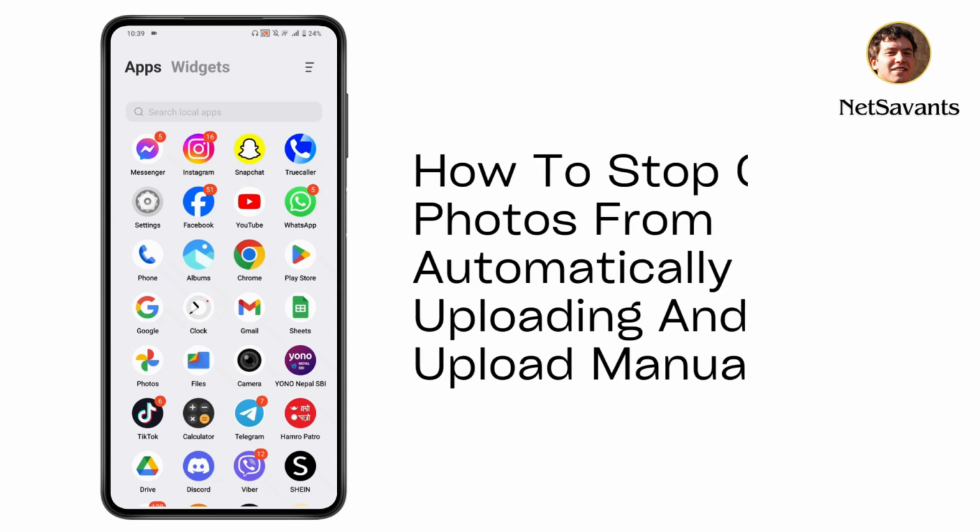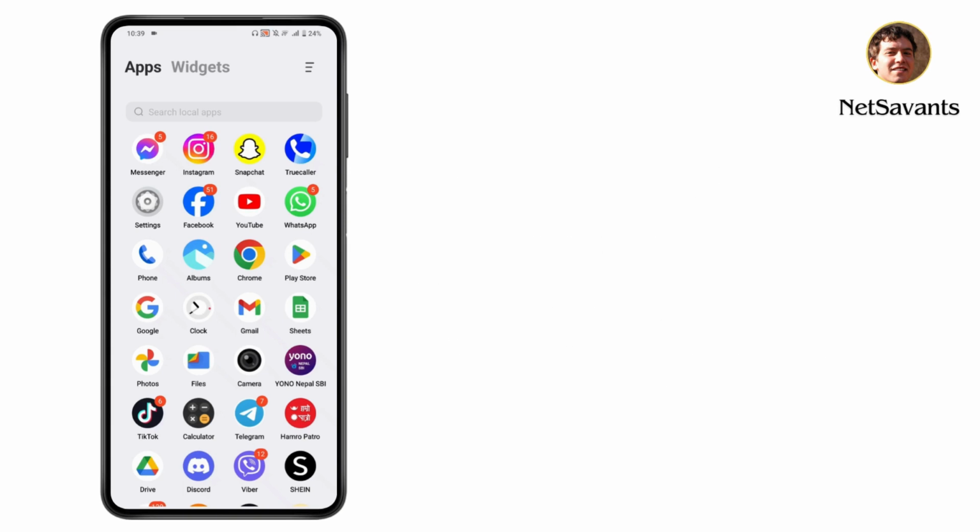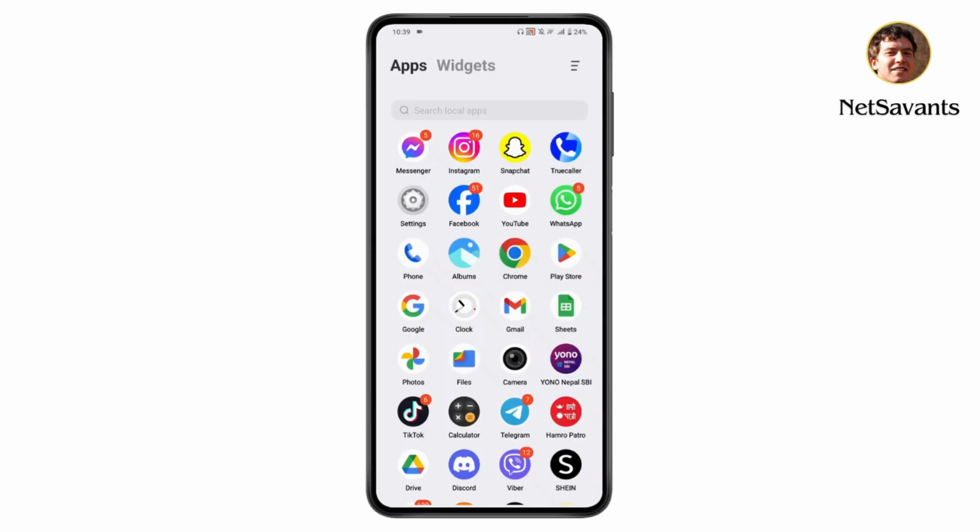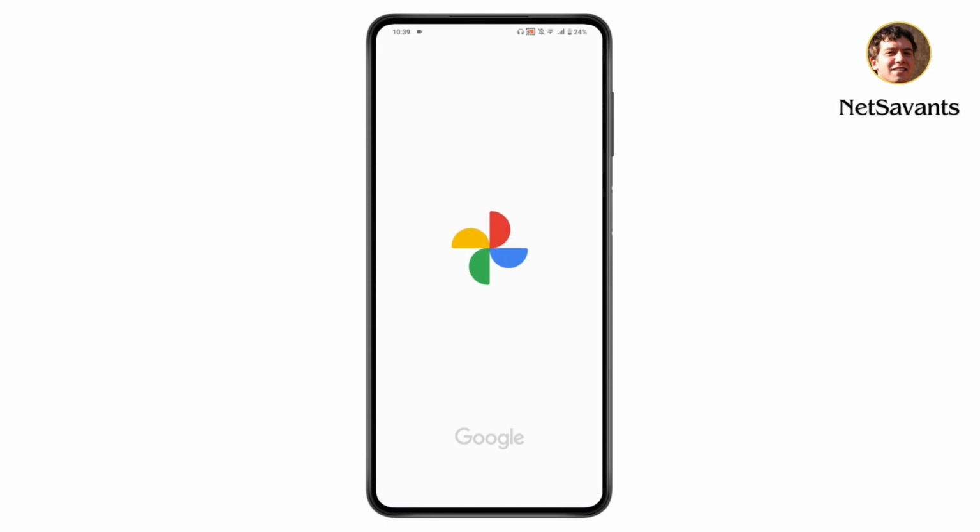How to stop Google Photos from automatically uploading and upload manually. So if you want to stop Google Photos from automatically uploading, then first open up your Google Photos, go